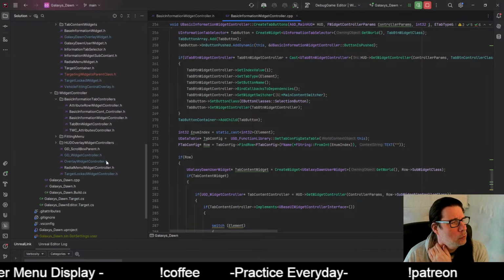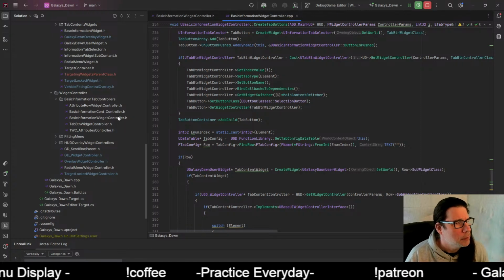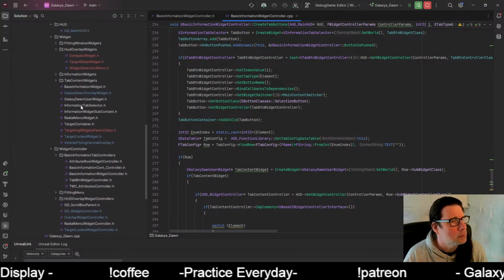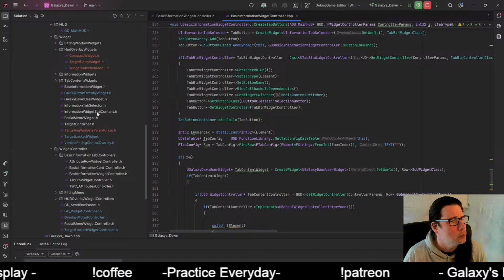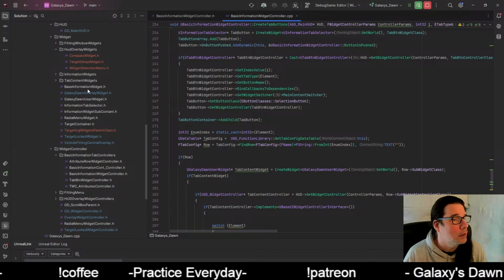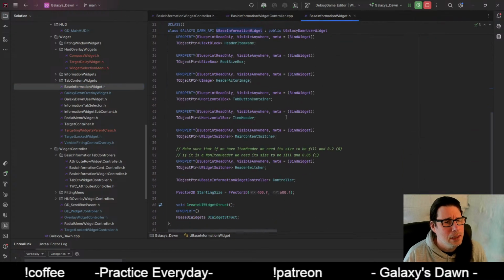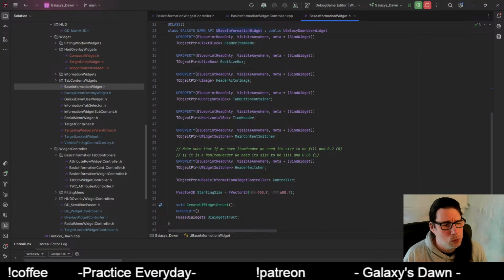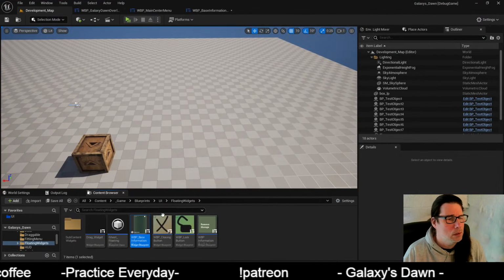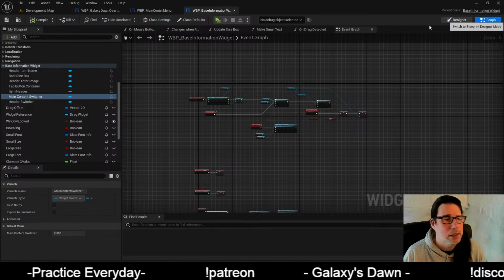Basic overlay widget controller. No, basic, we're basic information tab, select information widget subclass. No, I really was bad at naming conventions here. Base information widget, here we go. I need to have access to a little bit more information here. I need to have access to,